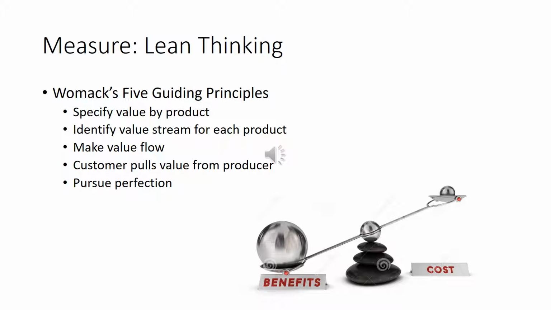And we'll talk about value streaming later on, but basically if it doesn't have value, it doesn't need to flow. Don't let your waste flow through your process. In other words, make value flow. And the customer pulls the value. He's the one that decides what value is, okay? And he's the one who's going to pull it out of you. And if you attach a bunch of waste and muda to it, he's not going to pull a whole lot from you, right? And you've got to believe perfection is possible. That's where Six Sigma comes in. Pursue perfection.